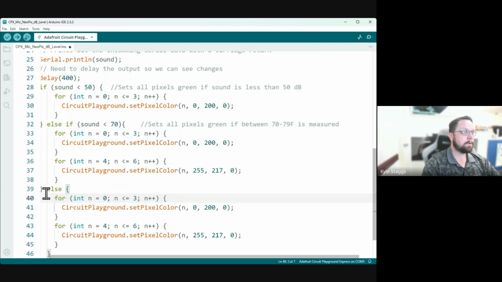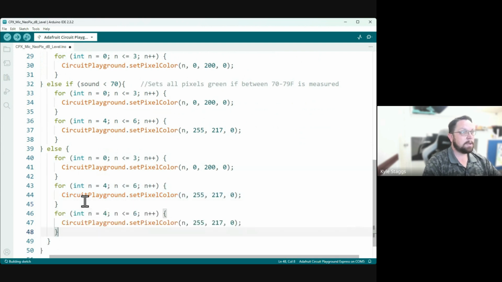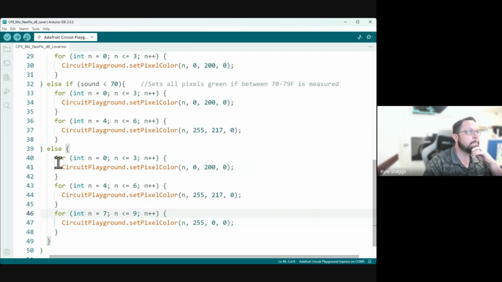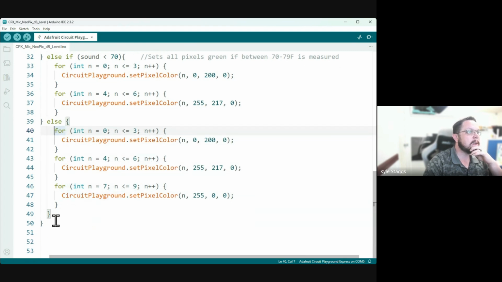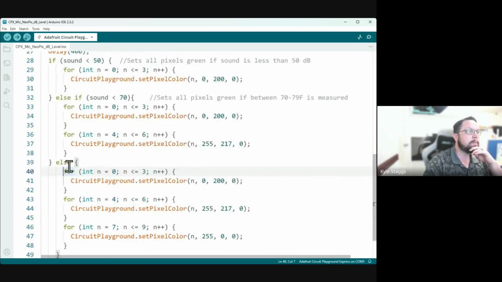We're going to add one more, and we're going to do from 7 to 9. It's going to be full red. And in that, we're going to need one more